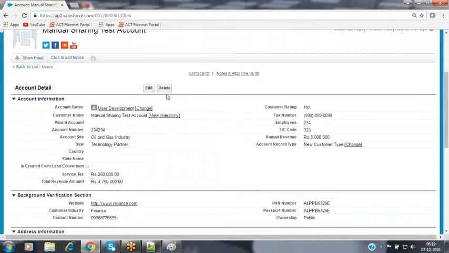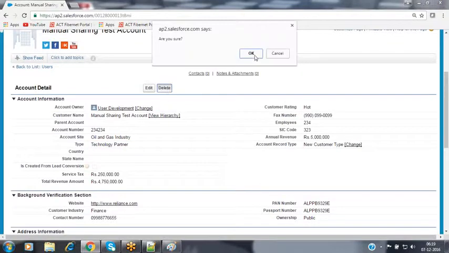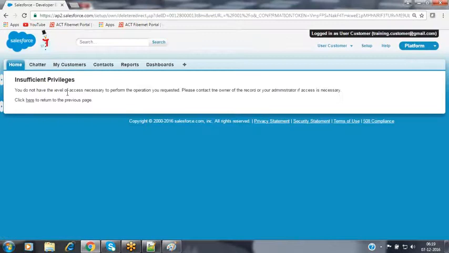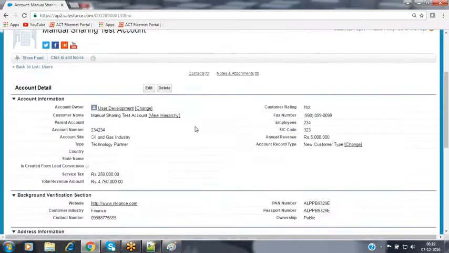But he cannot delete your record. When you click on the delete button, observe what will happen. Insufficient privileges. What happened? For this user, we have granted only read write access over here. The delete rights will be available only to the owner as well as his manager. The other people cannot delete the record from that